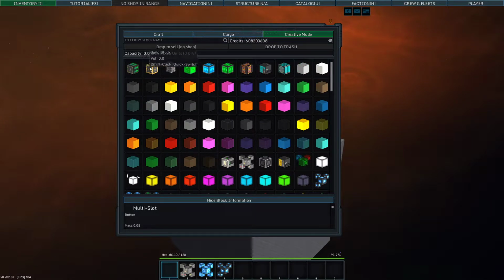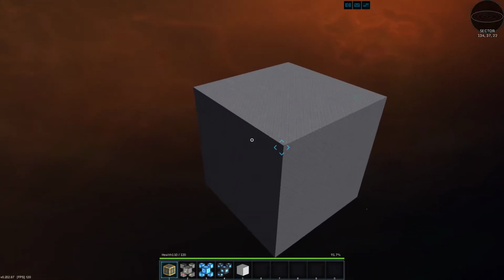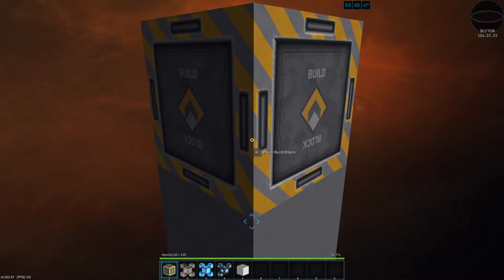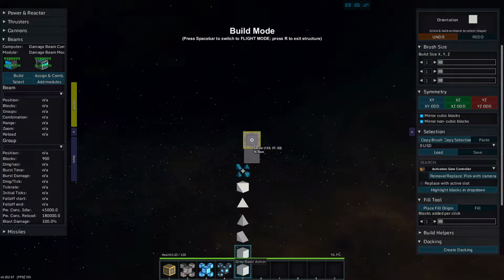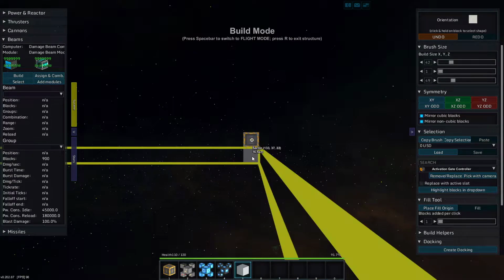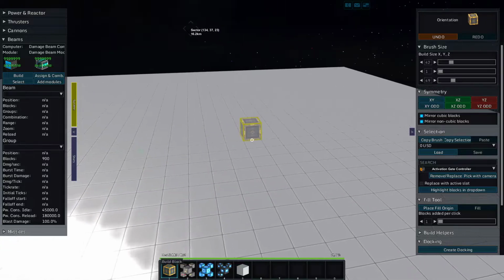Why did you press P? Because all the cool kids press P. That and P creates a station. So let's do something like that. Oh, right. Now,